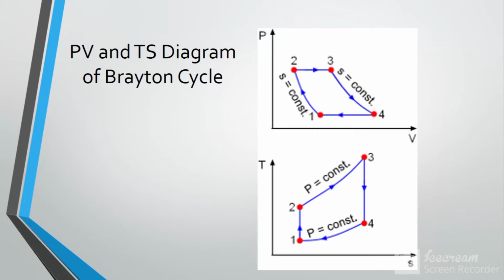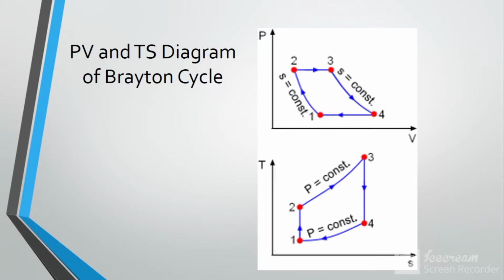So its PV diagram, you can see from 1 to 2, it is isentropic compression, means entropy is constant here. The compressor is doing only compression, not other things. There is no friction, no heat generation. From 2 to 3 is constant pressure heat addition. From 3 to 4 is isentropic expansion. It means that the kinetic energy of the gases is converting to rotational energy, that is mechanical energy, and there is no losses. From 4 to 1 is heat rejection.